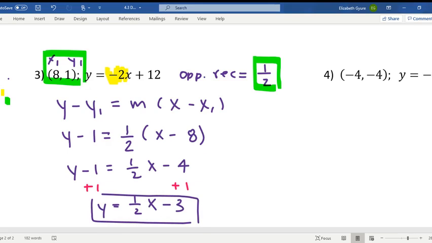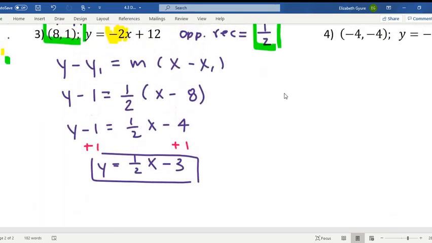So we have y equals 1/2 x minus 3. We had a few more, but they're all basically the same. Do we get the idea, guys? Okay. It's really the same thing that we did yesterday. Just find the opposite reciprocal. On Monday,